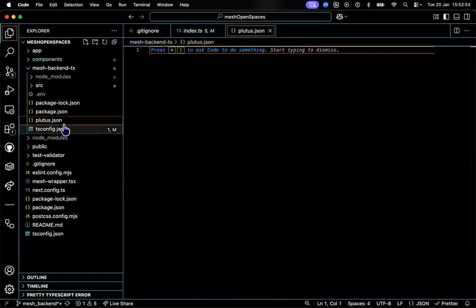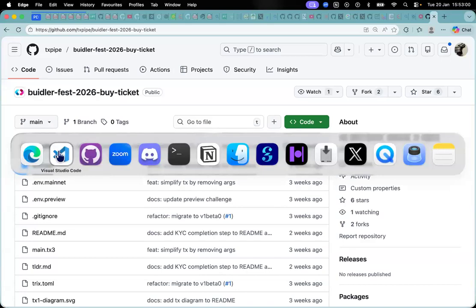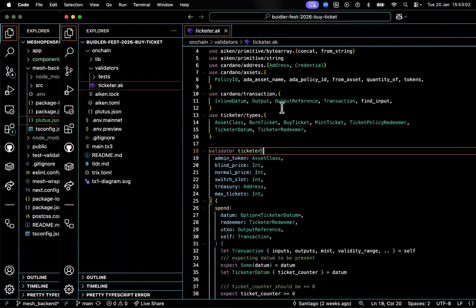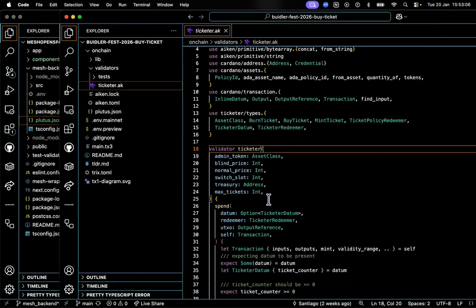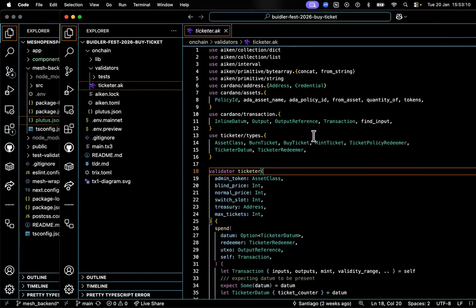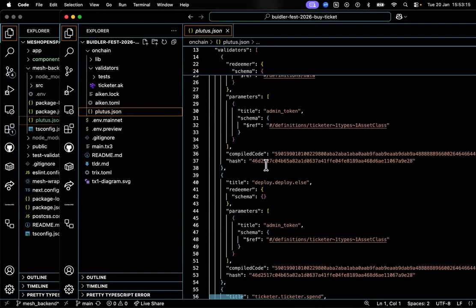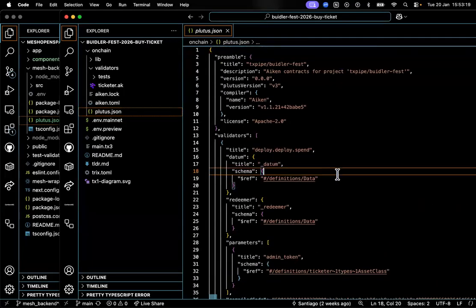This Plutus.json is maybe the only thing I need right now to get everything running, since we can directly read our validator right here. So there's no need for us to transport these files again. This Plutus.json, the compiled code, is what we need to have access to those validators.